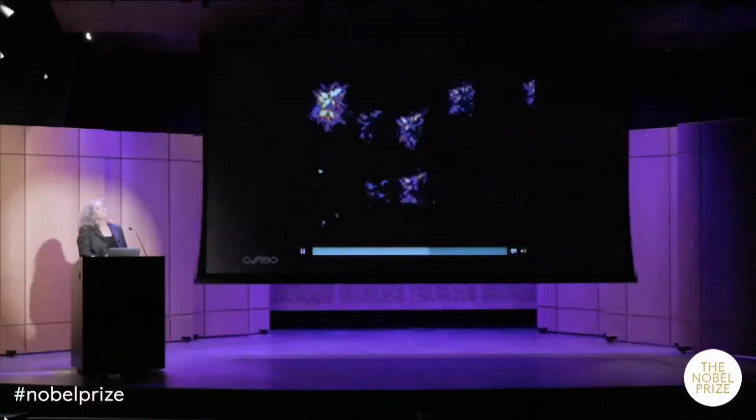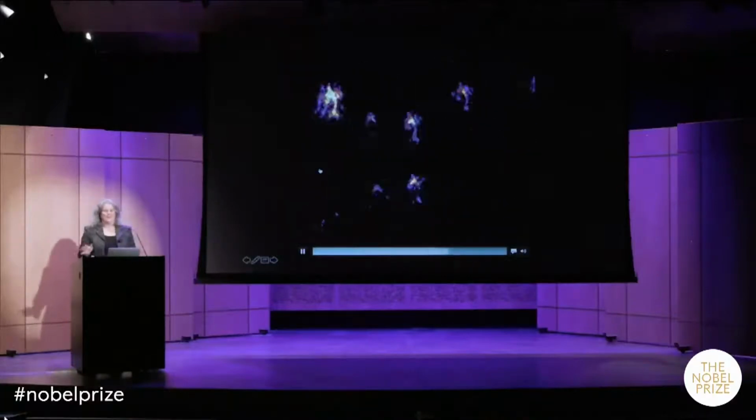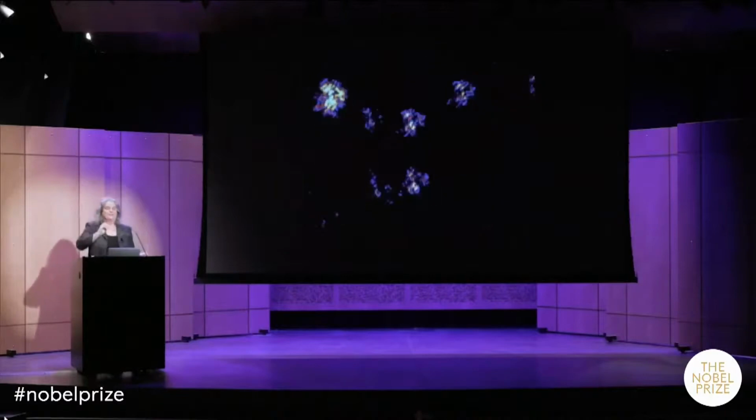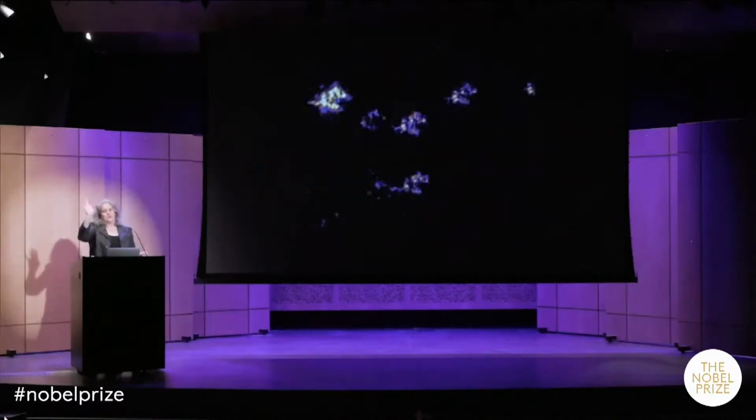Now, the challenge, or why this second campaign promise has been so difficult to achieve, is the Earth's atmosphere. The Earth's atmosphere is great for us. It allows us to survive here on Earth, but it is a total headache for astrophysicists because it distorts our images of astronomical objects.